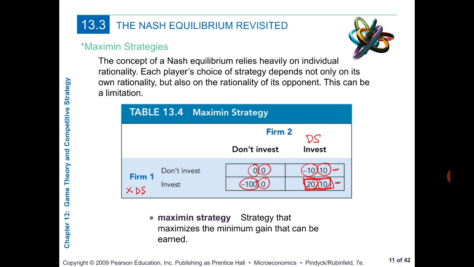All right, but there is a potential scenario where firm 2 does not follow its dominant strategy, either because it's not aware that it has a dominant strategy, or for some reason it does not comply with that dominant strategy. Okay, it doesn't do what its advisors or calculation shows. So let's say that there's a potential that it might not invest. So firm 1 is not sure whether firm 2 will invest or not invest. So in that case, firm 1